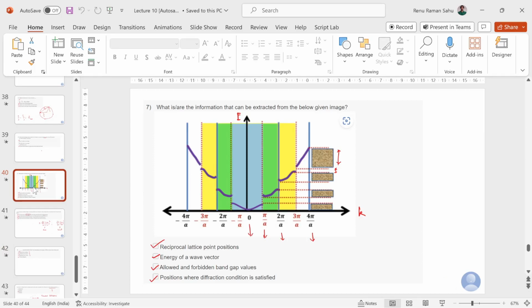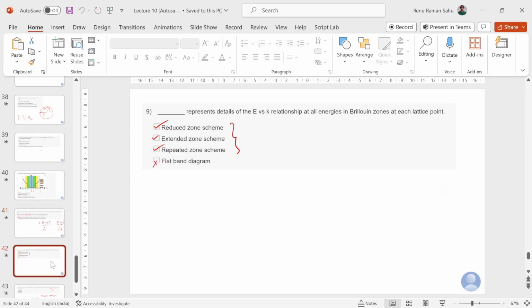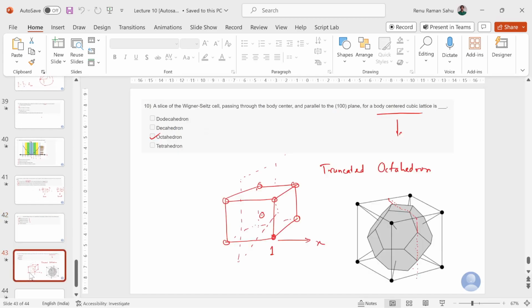Next question, 41. Here we discussed this particular question. You can read out the question. Wherever the diffraction condition is satisfied or diffraction occurs, certain values of energies are